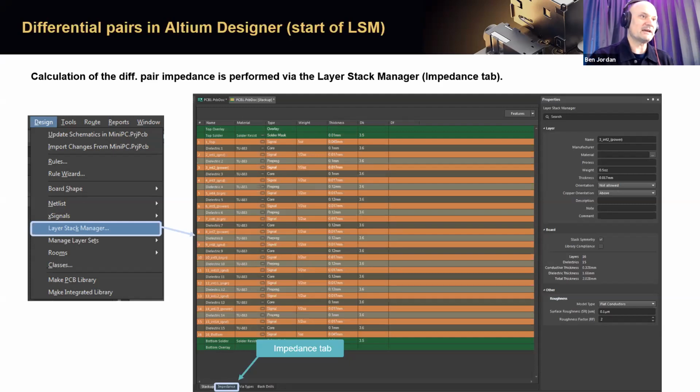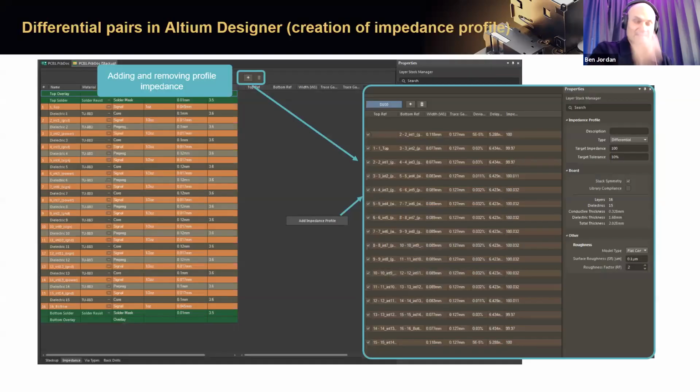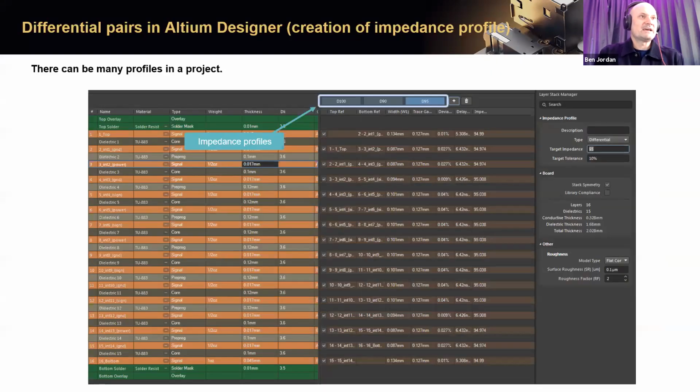And so this will allow you to go to the impedance tab and create impedance profiles. Those impedance profiles can be either single-ended or differential. For our purposes today, we're going to create one of those and see how that works. And you can specify your target impedance, and then it